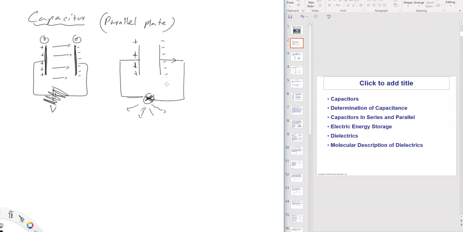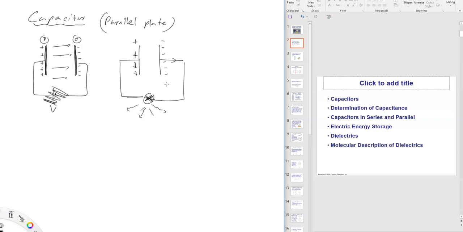But there are so many other uses as well. This thing is a storage device. A capacitor is an electrical storage device. You can charge it, recharge it millions of times. Charging and discharging times are very precise, so it can be used as a timing device. So there are so many applications like that.